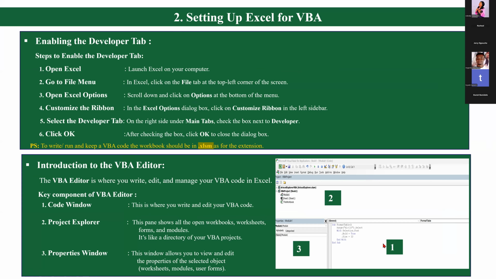So when you open the VBA editor, you will see these parts. The first part is the code window. This code window is just where you write your code. The second part right here is the project explorer. The project explorer will show you